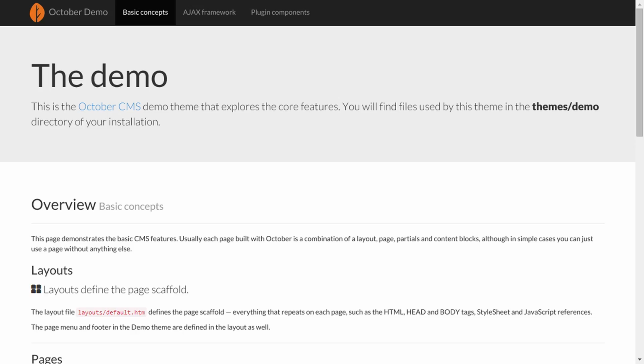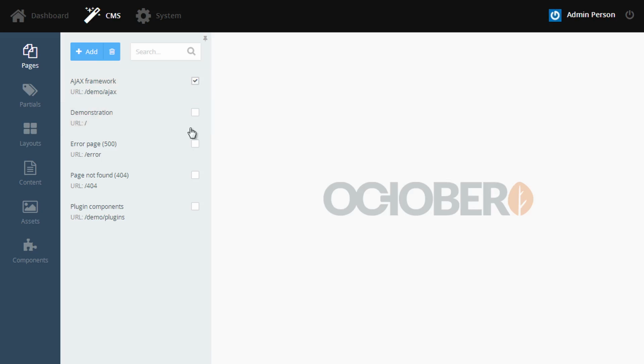I'll begin by showing you the demonstration theme. This theme is included with all installations of October and is a good starting point for our website. First, we should delete some of the demonstration pages because they won't be needed. Then we'll install the collection of plugins that we'll be using for our website, and this can be done via